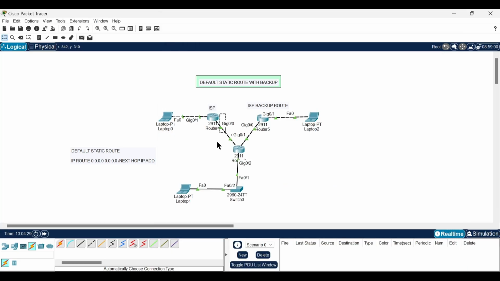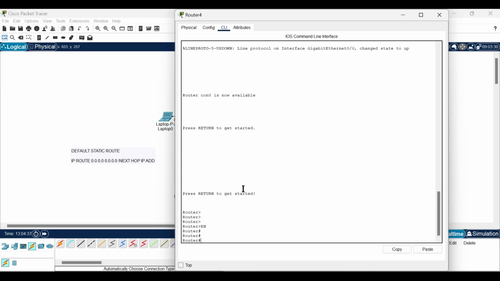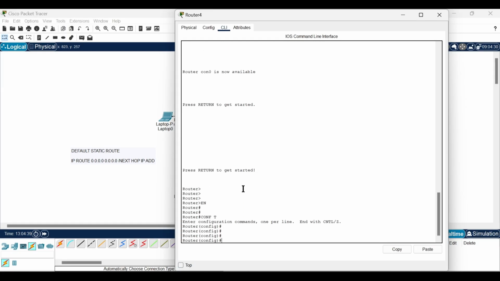So whenever this route is not active, this route would kick off. Let's also configure a static route on the ISP router so it knows how to forward the data back to our local area network router. So when configuring a static route, it's just IP route